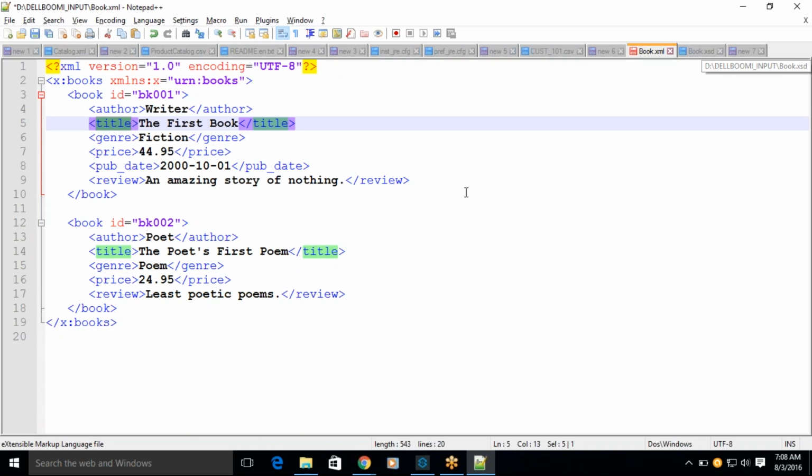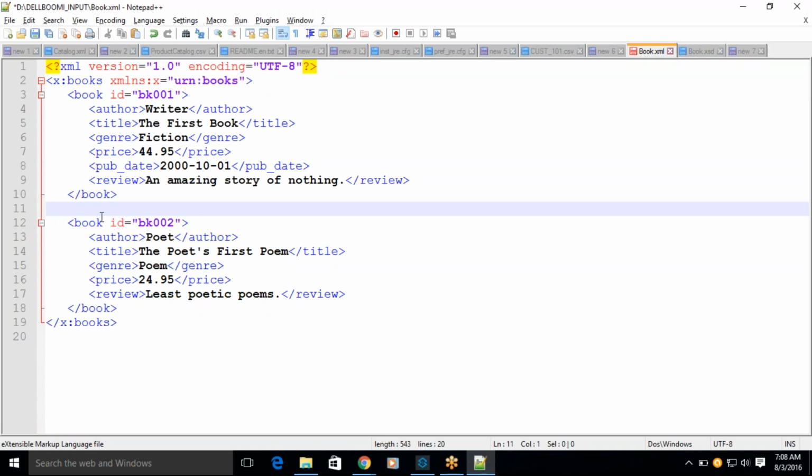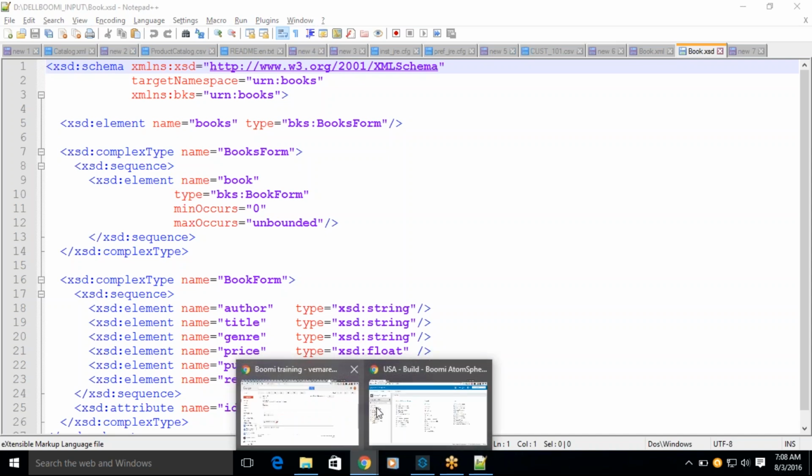Basically, they will be sending an XML file for our process at runtime. But we have to design our process based on the XSD, because this XSD has all the metadata. Based on this XSD only they will be sending an XML file. So if you have an XSD, we can use this XSD to create profiles in Boomi, and we can do our logic. So this is why we are going into all the details: we can create different types of